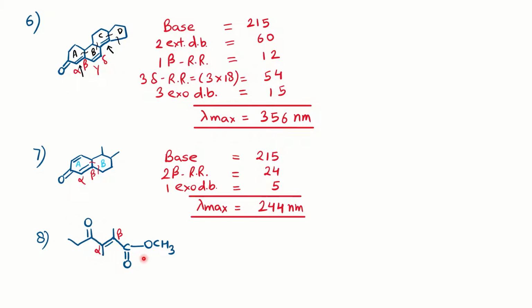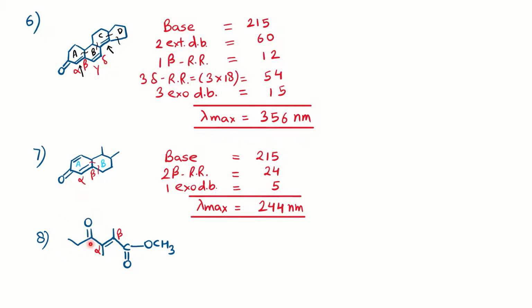Now, in this molecule, you can notice you have two functional groups, right? You have a carbonyl group, ketone, as well as an ester group. And both are conjugated systems. So which functional group will we consider? For that, you should know the base value for ester and the base value for ketone. For ester, if you remember, the base value in the table is 208, while for ketone, it is 215. So the thumb rule is always to go with the higher lambda value. Here the ketone has the higher value.